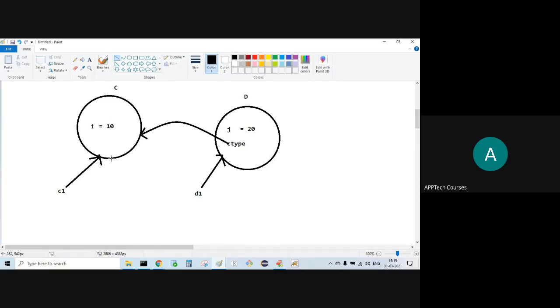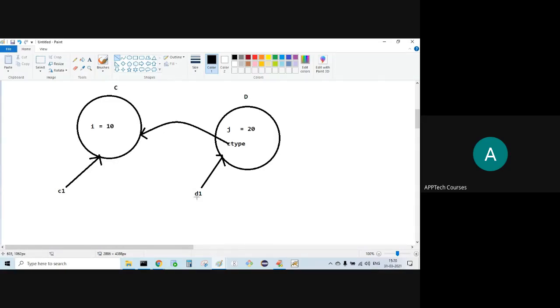Now C has what? C has only I. D has J and C type. D1 dot C type is pointing to what? This C object.